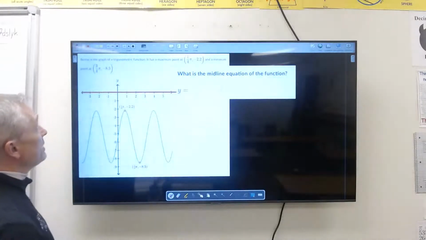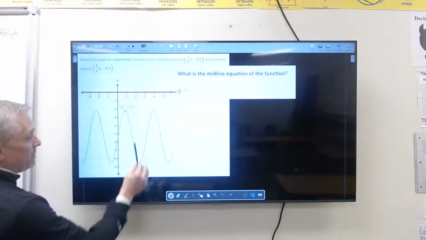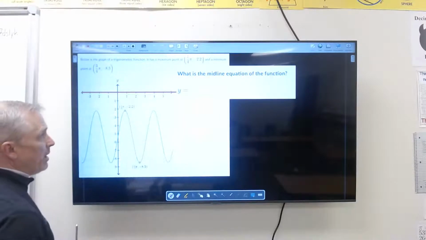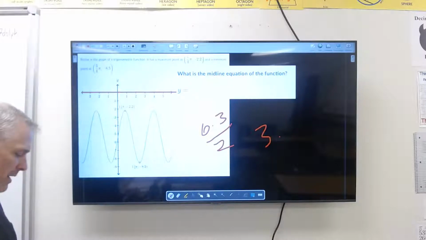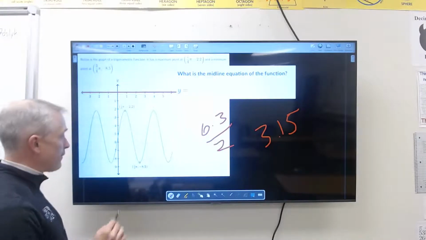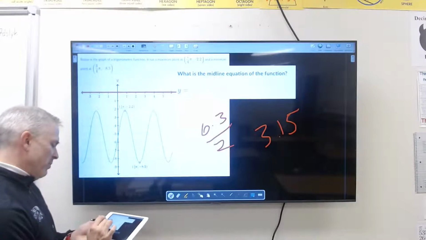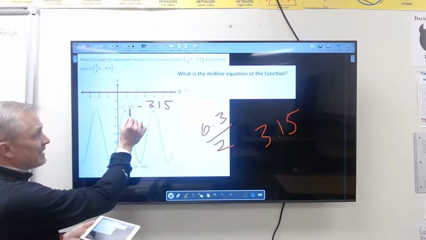All right, the graph of this equation has a maximum point and a minimum point: negative 2.2 and negative 8.5. How far apart are they? They are 6.3 apart. If I cut that in half, I end up with 3.15. Now, what's the midline? Midline is going to be 3.15 from either of these points. So I'm just going to go from this one right here. And if I go minus 3.15 from the 2.2, that's going to make it